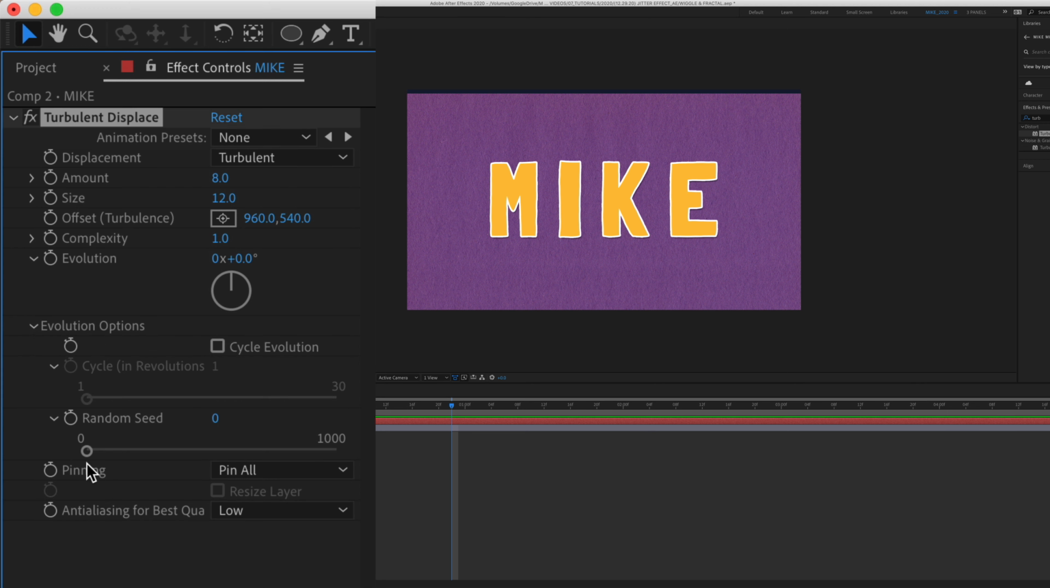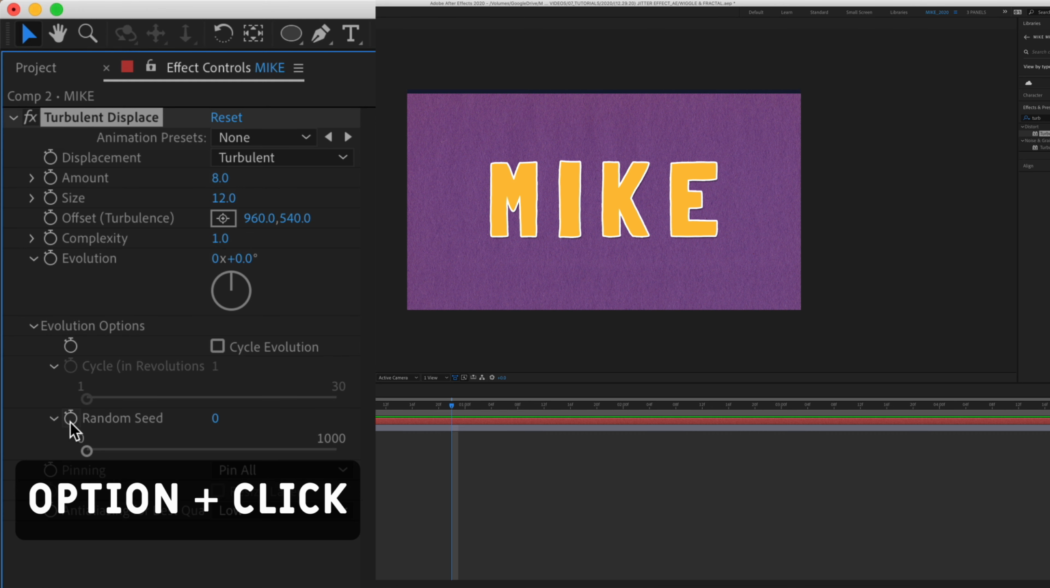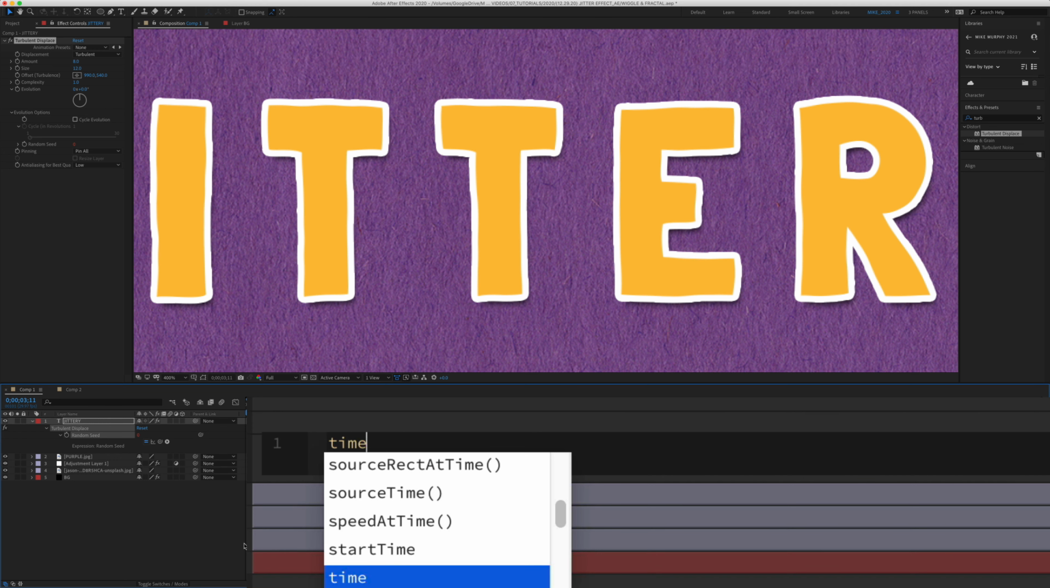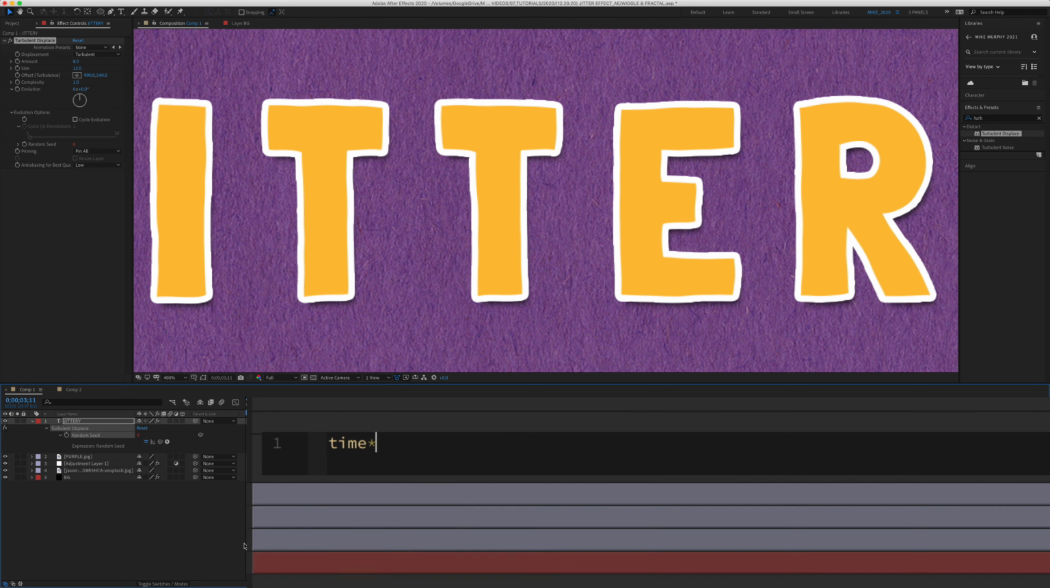But what we're going to do is add an expression. I'm going to hold the Option key or Alt on Windows and just click on the stopwatch next to Random Seed. You can make the text jitter with this simple expression. Just type in time, asterisk, or Shift 8, and just enter in a number. I'll start with 10. I'm just going to click off, hit the spacebar, and you'll see you now have jittery